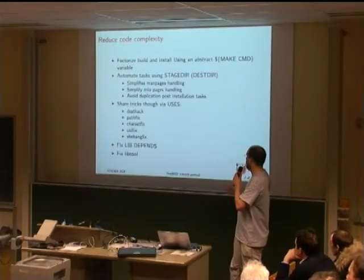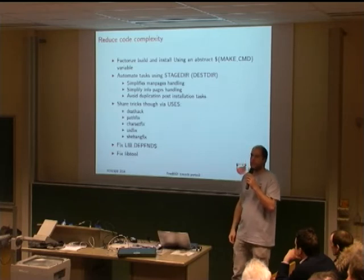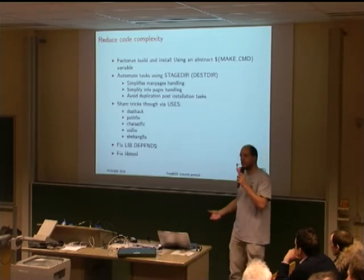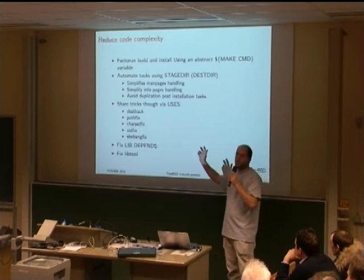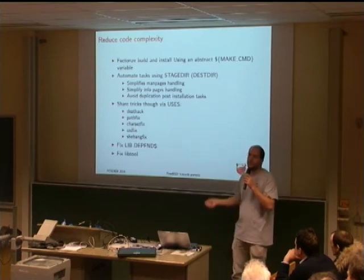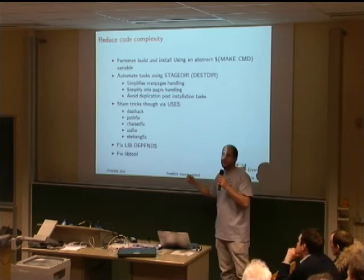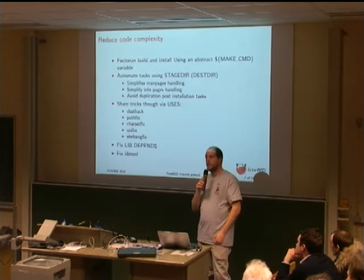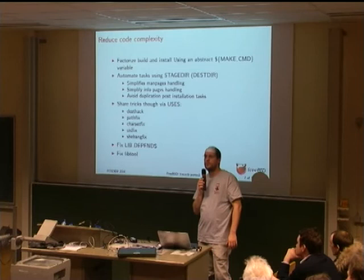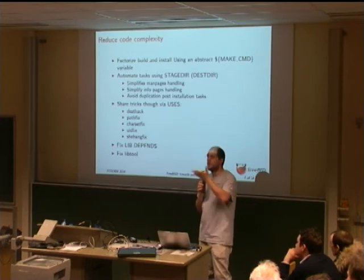We have UID fix, which allows our make system to install things as a user. We have shebang fix to be able to fix all the shebangs so that we point to the right place, instead of each time having each maintainer adding a new sed something. We have fixed lib depends, so now we do not require having a .so.1 number, but we can have a full